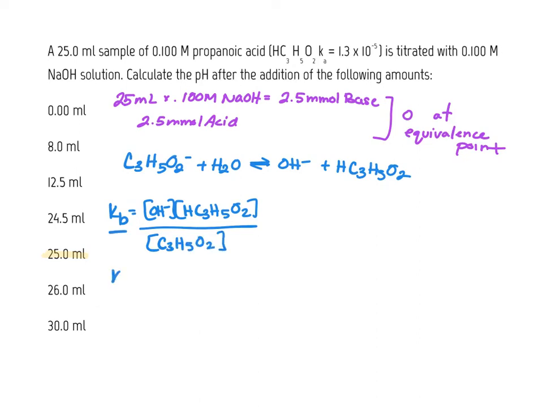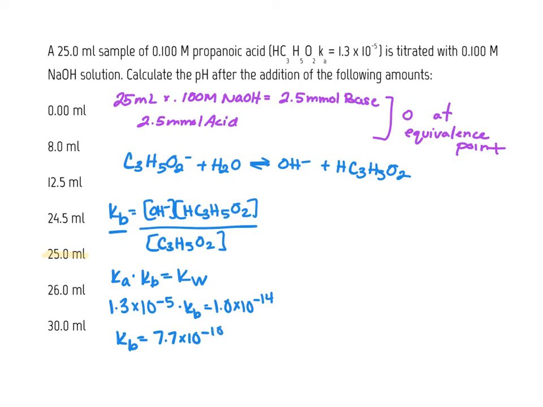And at the beginning of the problem, we were working with that propanoic acid, and so we had the Ka value, but we now need the Kb value because we have that hydroxide. So we're going to use our Ka times Kb equals Kw expression to solve for the Kb. So our Kb value comes out to be 7.7 times 10 to the minus 10. And then from there, we can use our